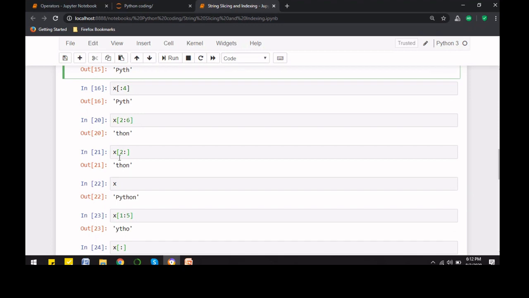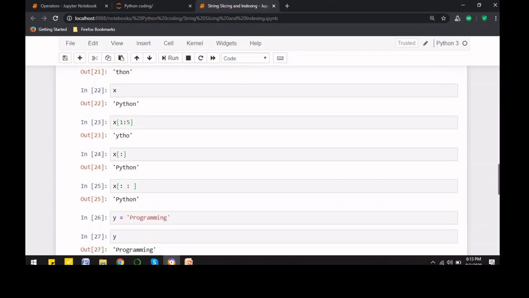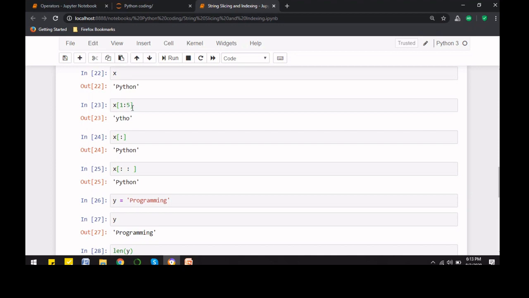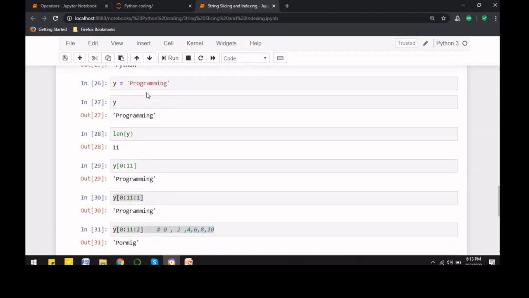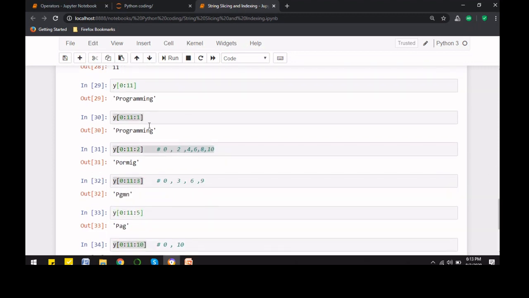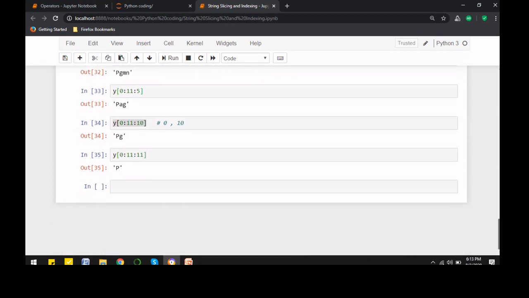Here in this case, these two cases are also similar, where we are trying to access from a given range to the last index. And then here also I'm trying to access a string in between, and these are the two ways of accessing the whole string, because we are not giving any range, so it takes the whole string. And here I have taken another example, and I have explained the concept of slicing with margin. So I have given some margin here. By default the margin is 1, then we have taken 2 and 3, and in this way I have explained the concept in detail.